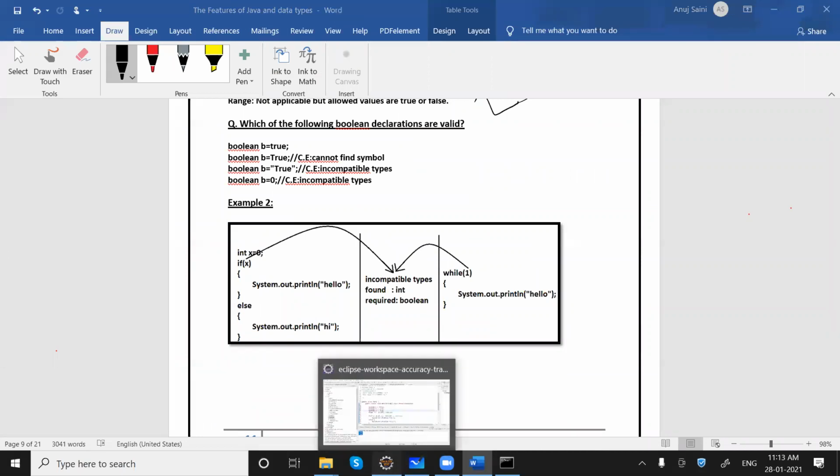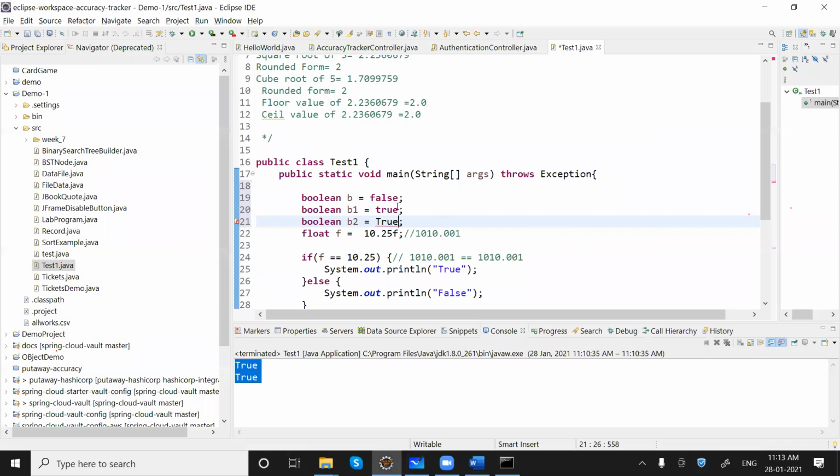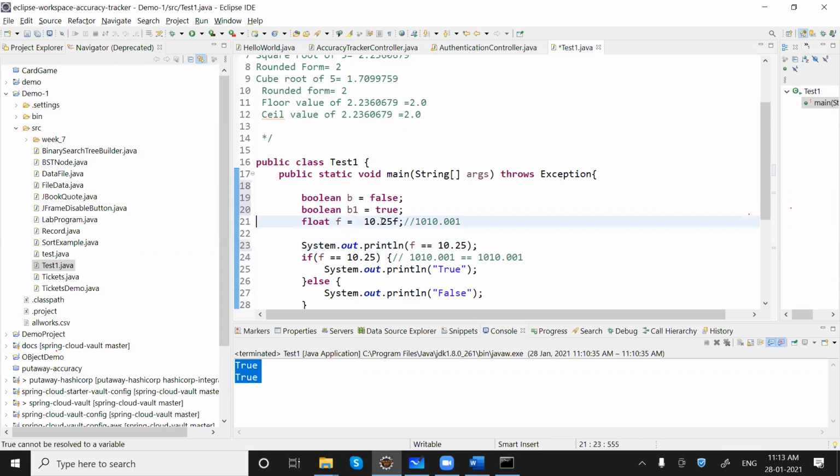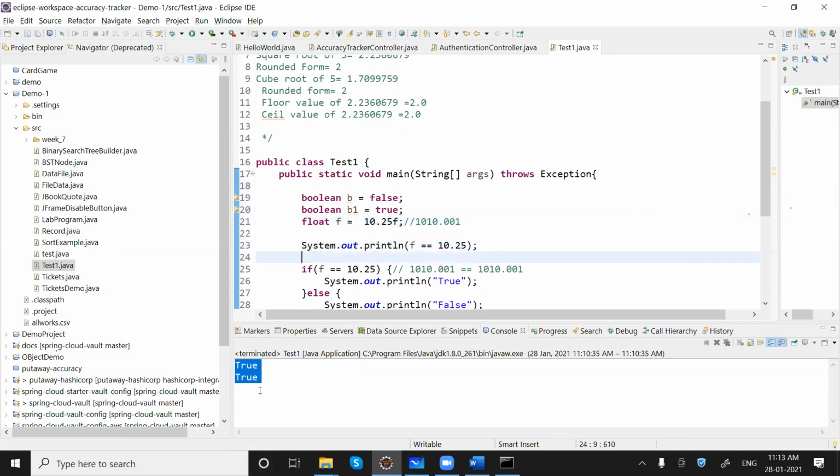Okay, now generally where we will use these booleans is whenever we want to make some decisions. For this expression, we'll get some Boolean value. Let me try to show you here. If I write this here, let me just remove this line, and in between true and true, or true and false, you will be